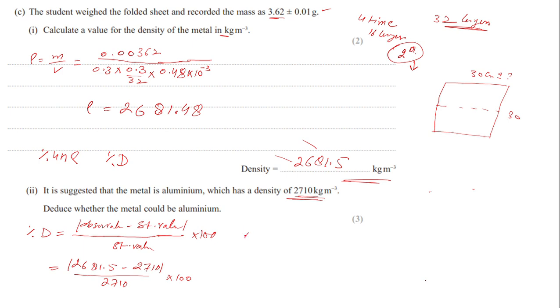So the percentage difference you will find between the densities is 1.05%, or 1.1, or just 1%. You can round it off. So it is just 1%, the difference. Now let's talk about percentage uncertainty in density. So percentage uncertainty in density